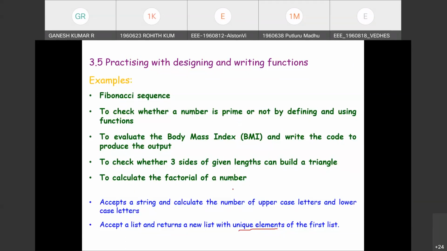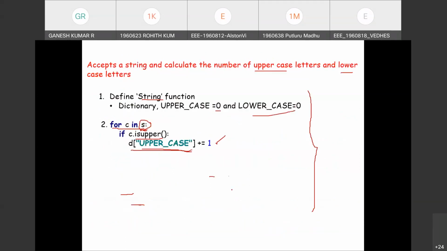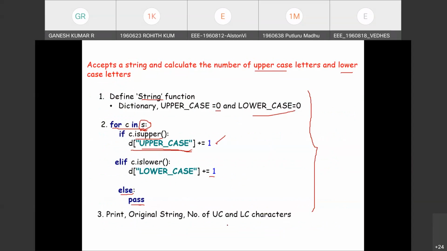Whatever the exercise or query, first we need to define the function and its appropriate variables, accept the input, use an if condition or for loop to solve the logic, and finally output from the function.